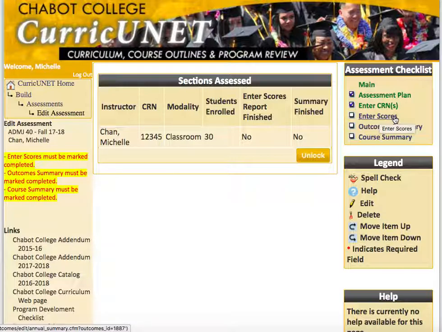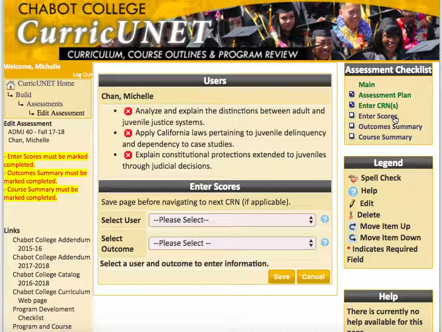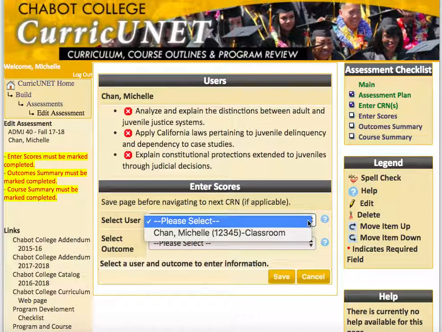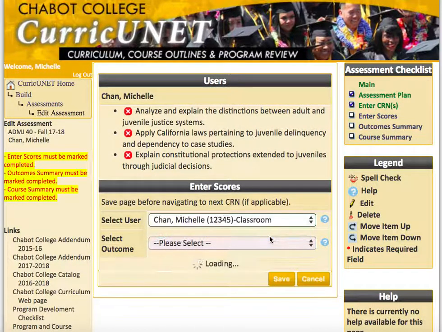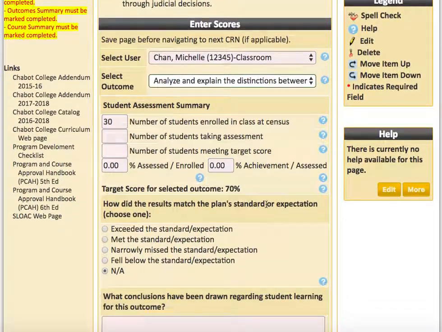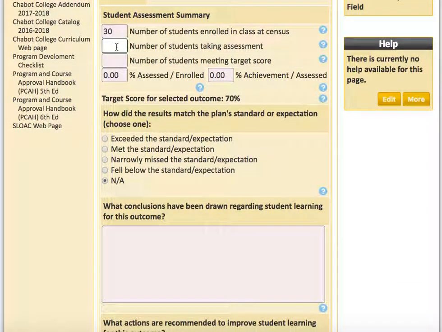Now to the Enter Scores page. Here you can see the instructors that you entered in the Enter CRNs page, as well as the SLOs that you've indicated in the main page. Each of these SLOs will need to be assessed, and when they're done, you will see a green check mark. So to do so, you select the instructor and the SLO. We will provide the class information,